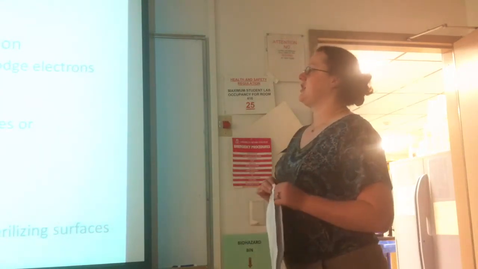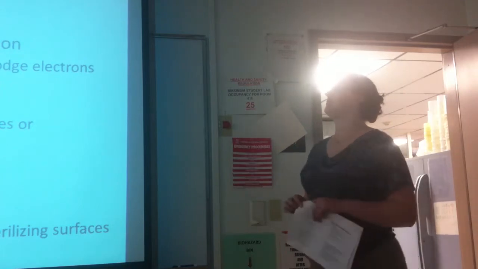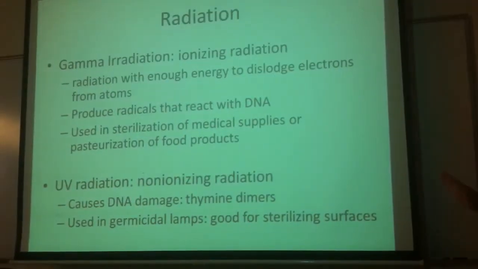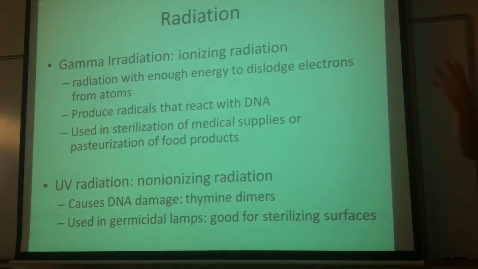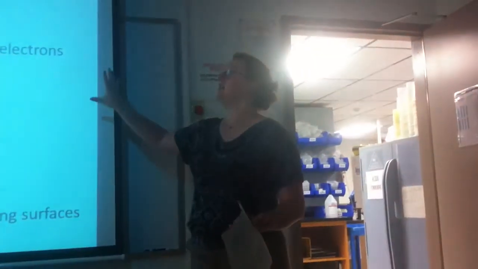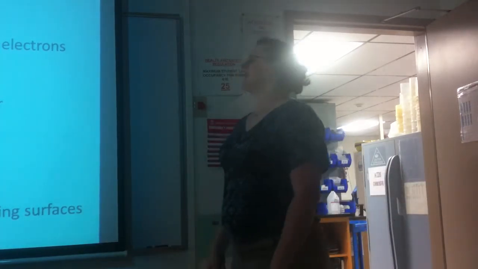Ionizing radiation can produce radicals that react with the DNA. It's used as sterilization for medical supplies or pasteurizing of food. I know that at Novozymes, you use ethanol to clean everything, spray it all down, and then a lot of times you'll put all your equipment that you're going to be using, that should be already sterile, in nice closed containers, close the lid, turn on the UV, and everything in that cabinet is going to get a dose of radiation sterilization. Nothing's going to survive that. So then,